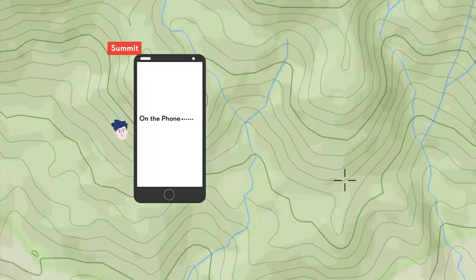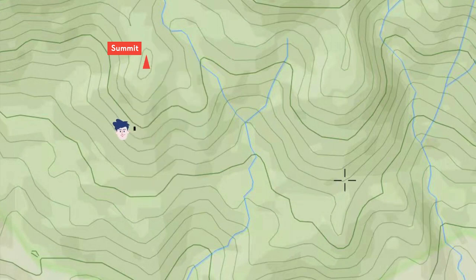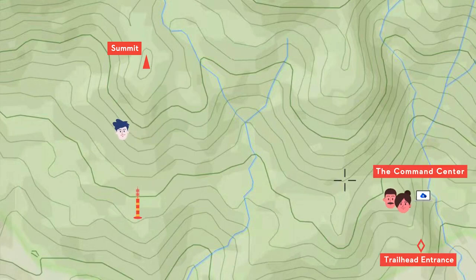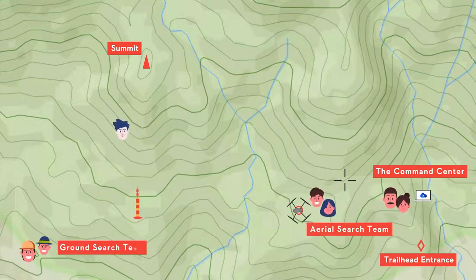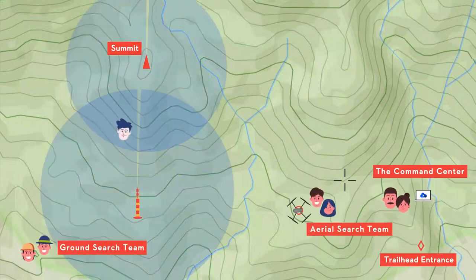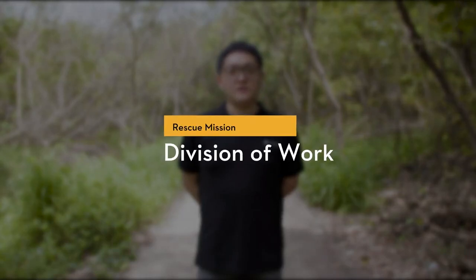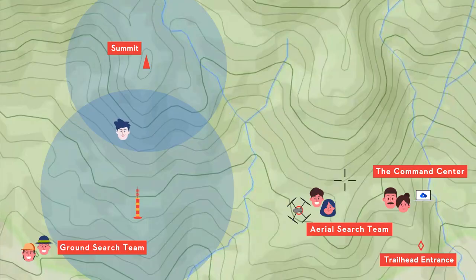After calling for help, the phone ran out of battery. The rescue team only knows the trailhead entrance and the general location of the cell phone based on a GPS pin. Division of work. The command center makes rescue decisions based on the information and coordinates the ground search team